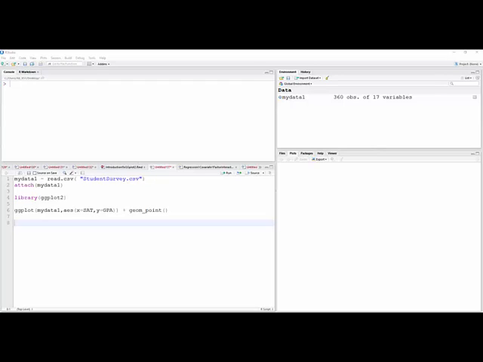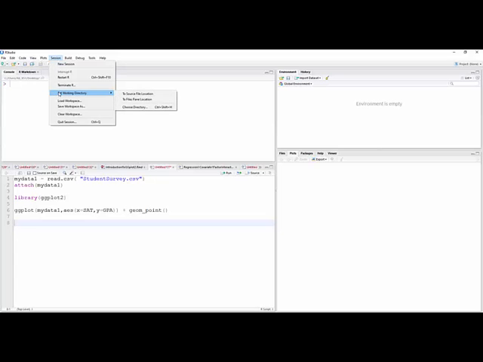I'm going to get started with ggplot here. And just as a matter of review, I'm going to read some data in and get this other one out here so you can see what happens. I'm going to read some data and call it mydata1. I'm reading a CSV file called studentsurvey.csv. That's in quotes. And that file is located in the directory that I have selected right now, which is